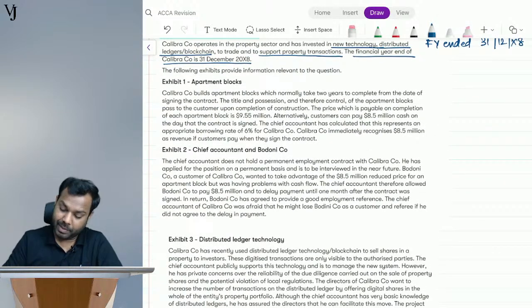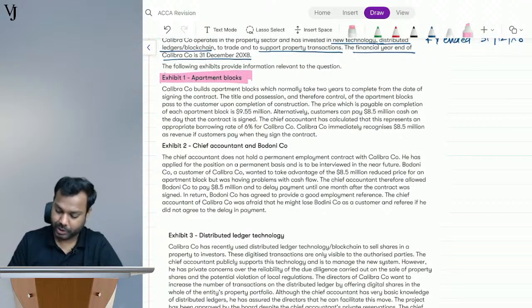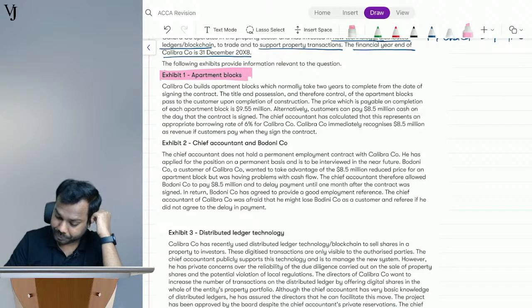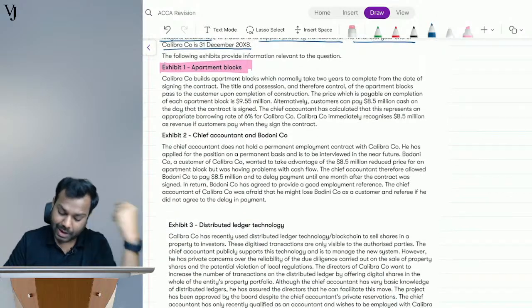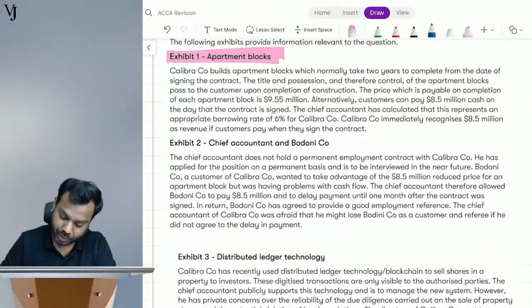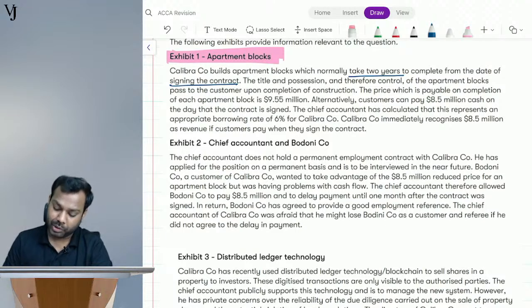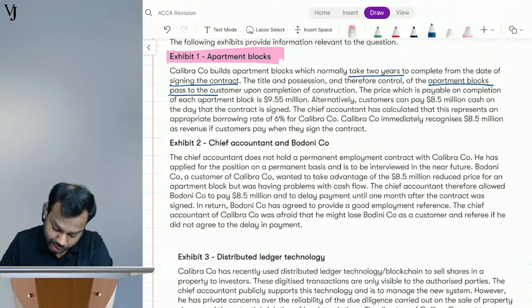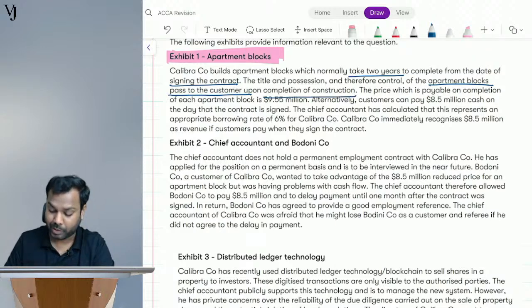Okay, exhibit 1, apartment blocks. See here. Calibra company builds an apartment block, which normally takes 2 years to complete from the date of signing the contract. The title, possession and therefore control of the apartment blocks passes to the customer upon completion of the construction, meaning thereby